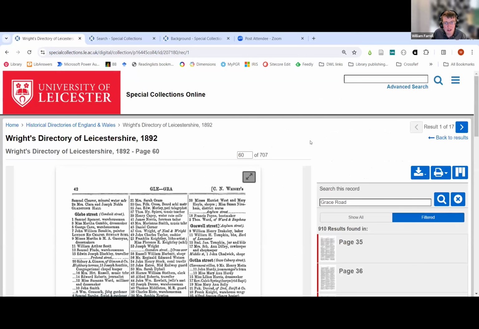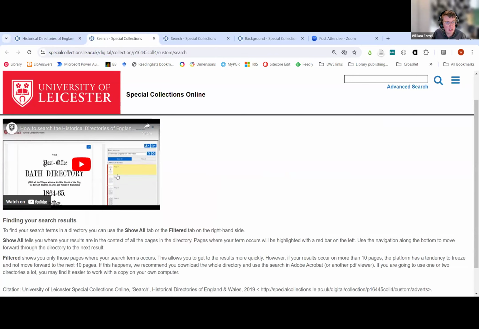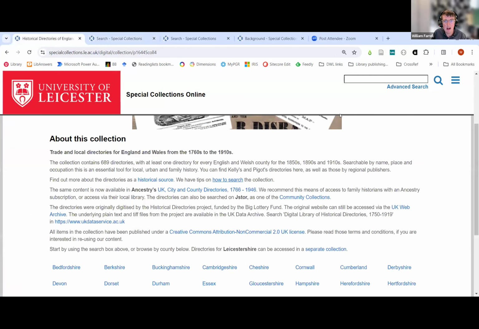Okay, that's the basics of searching. It's the same thing I go through in the video, which is listed on the tips on how to search, which is on this page here, and is also on YouTube, and people can find it on YouTube. So if that was too quick, I understand this is being recorded anyway, but the same how-to-search is on YouTube and on our page.